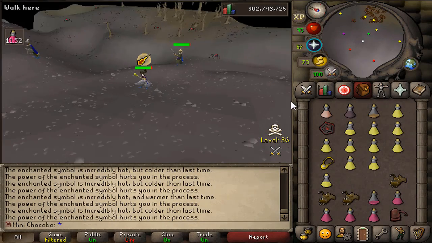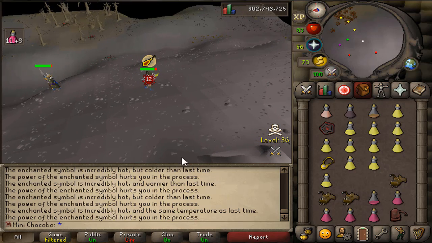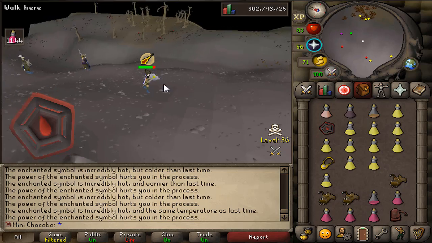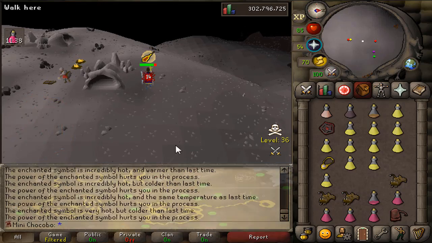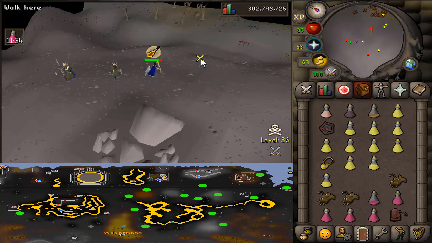The Mage Arena 2 can essentially be thought of as a hot and cold game in deep wilderness. You have this item called an enchanted symbol, which you need to click on and take some damage, and it'll tell you whether you are getting closer to the target spot or farther away. What I mean by target locations are there are actually 14 different spots where each demon can spawn,